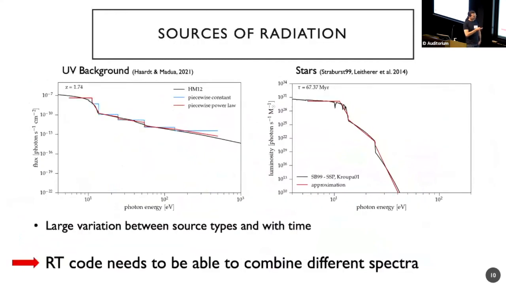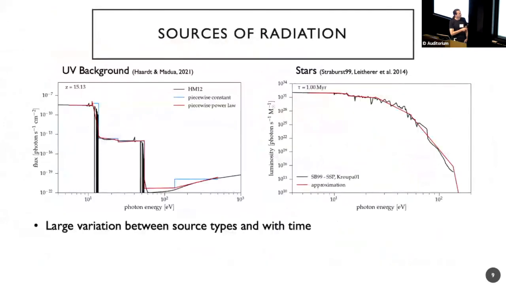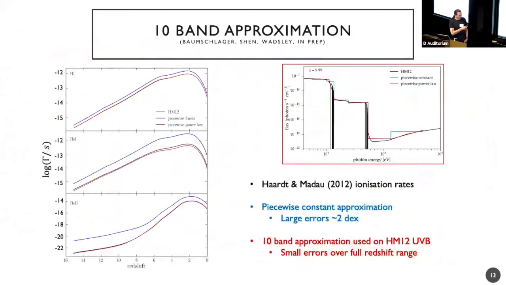If you just have one band for each of them, you end up on the blue line here. That's essentially the issue. There's also another thing you can see over here, that there are massive jumps at certain redshifts from left to right of the ionization edge. By placing two bands next to each other, we can capture these jumps. If you have just one band, you wash out the jumps. Oh, I see. And also, if it's continuous, you see the red line follows the spectrum while you have jumps in the blue line. Yeah, I see that. Okay, good, thank you.